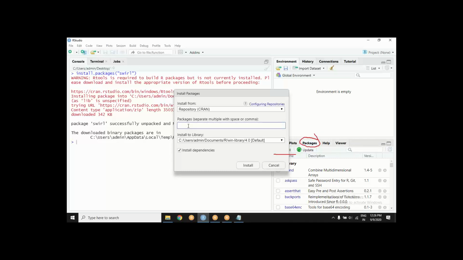So it gives you facility to type package. So package name is swirl, SWIRL. You click on swirl, maybe choose auto suggestion. Again with all default settings. There is a tick mark here. You don't uncheck it. You don't change folders and library. You just simply go to install.